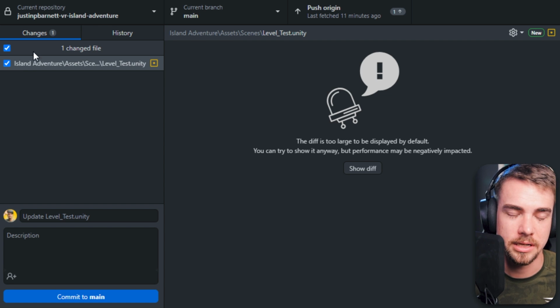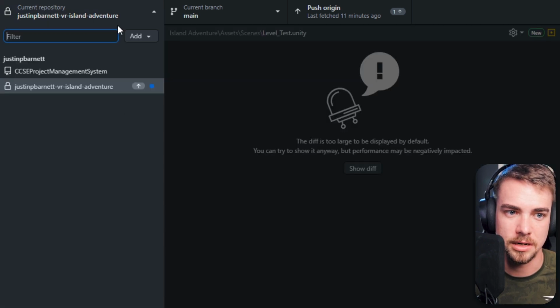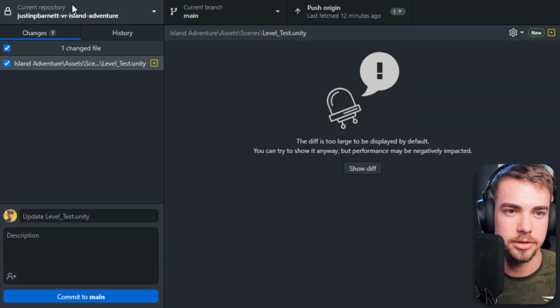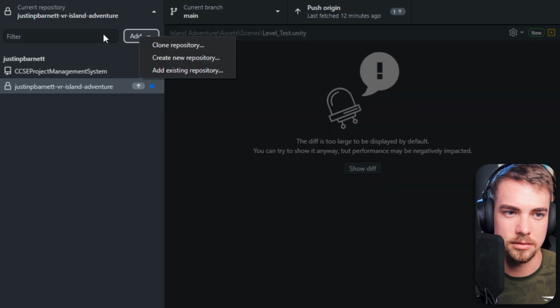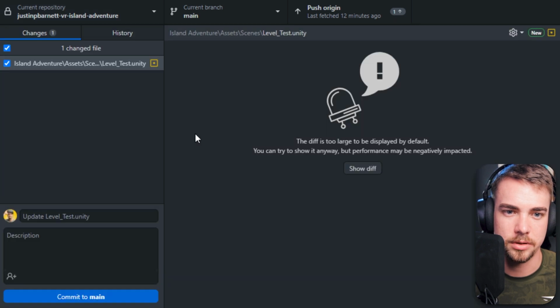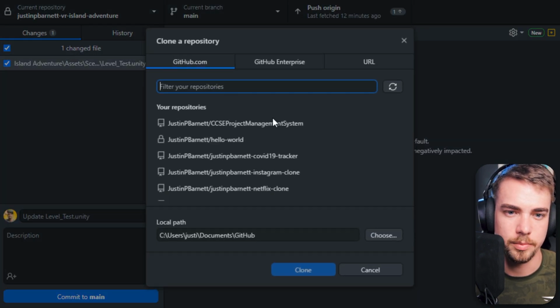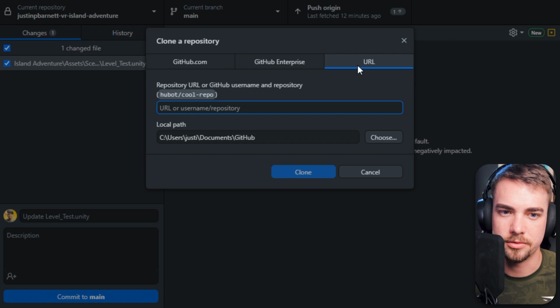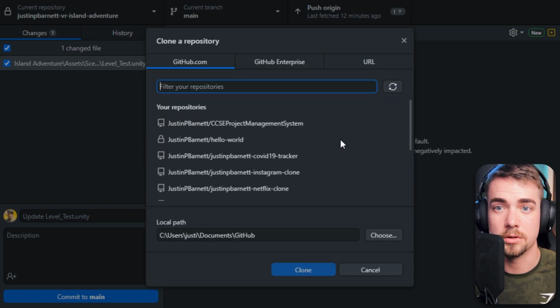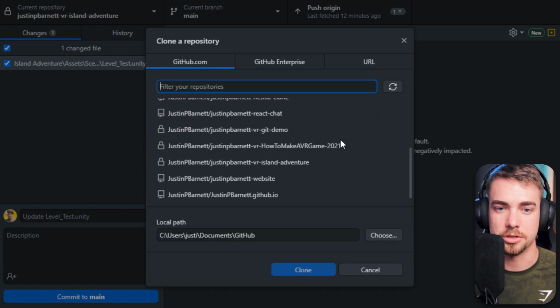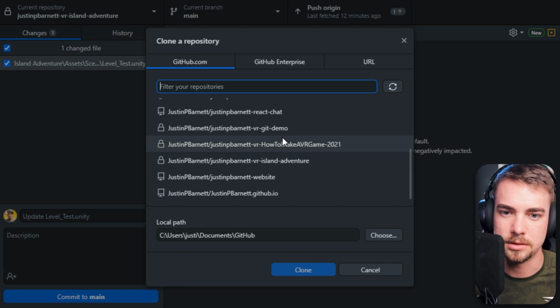So we are currently in one of my repositories for the game that I'm making right now, but let's add a new repository. So you can either click on this drop down and say add clone repository, or we can go up to file, clone repository. And then we want to do it from a URL. And then if your account is linked, you can just select the repository you want to download from this github.com. So ours would be the Justin P. Barnett